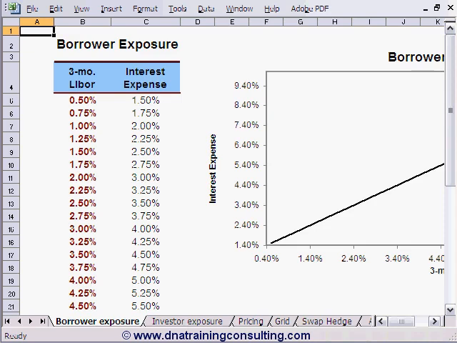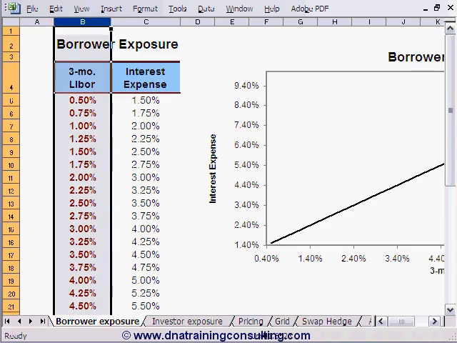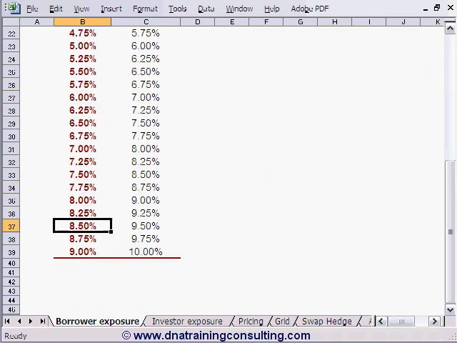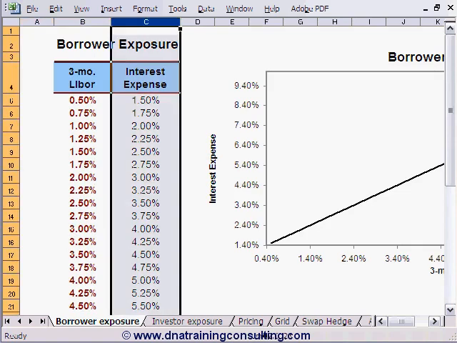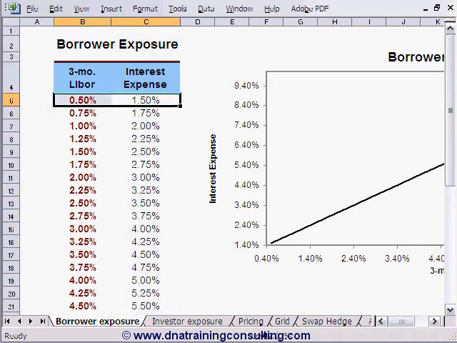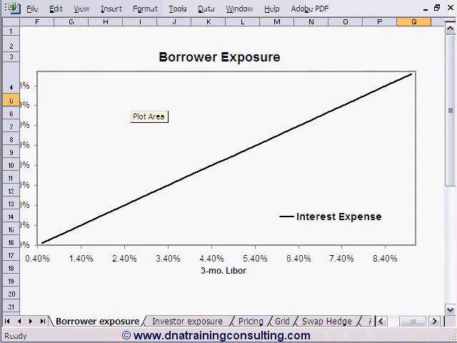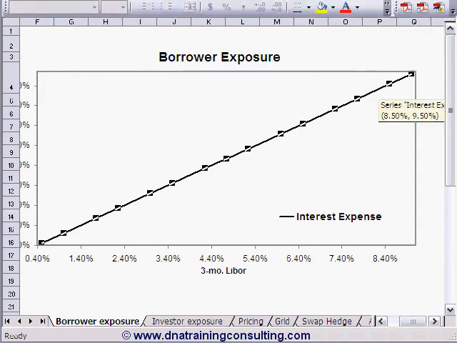Worksheet Borrower Exposure lists in column B values for 3-month LIBOR spot ranging from 0.5% all the way up to 9%, and in column C the corresponding annualized cost of the loan, including the 100 basis point spread, in percentage. The upward sloping shape of the graph appearing to the right should not be at all surprising, since the borrower pays more interest when LIBOR increases,